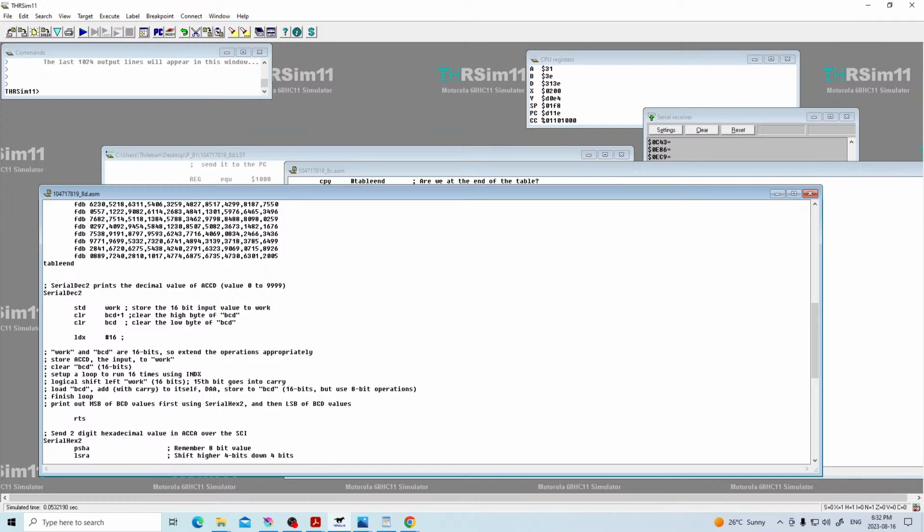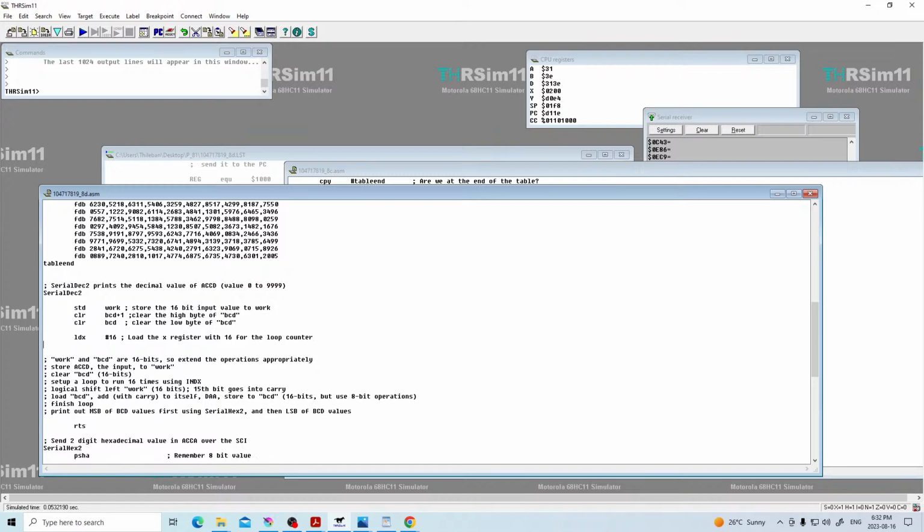Loading X with 16, because it has to run 16 times. We are going to create a loop that has to run 16 times. So load the X register with the 16 for the loop counter. Okay,